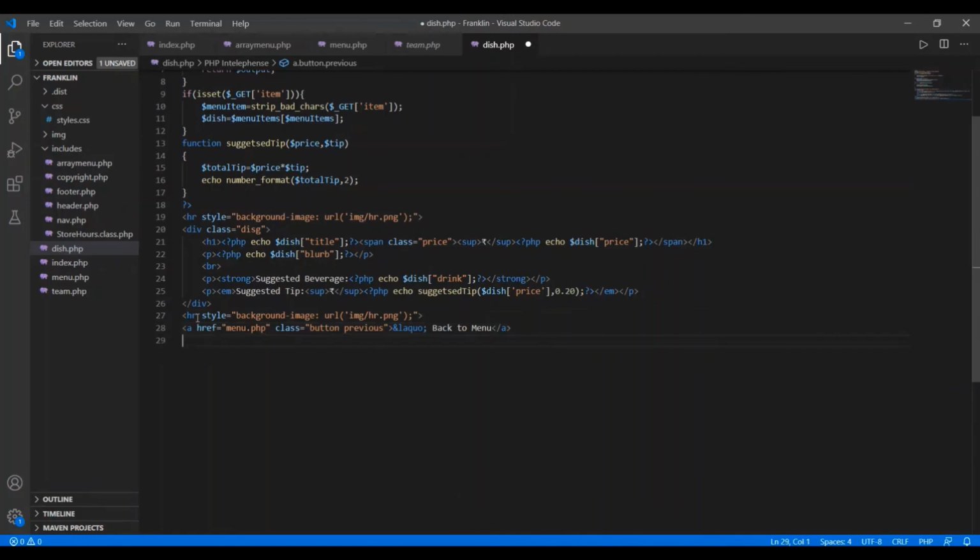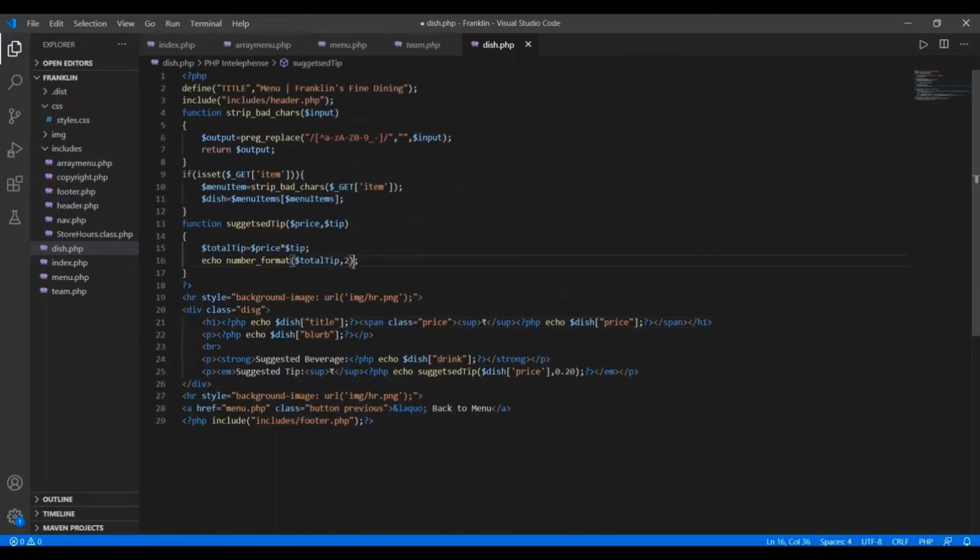This is done, and in the last I have to include my footer file. So here is the code for that. Then I have to use include, and to this I have to give the value includes, then footer.php, then here we go, semicolon, then question mark, and the script is closed. So I think we have almost done here.